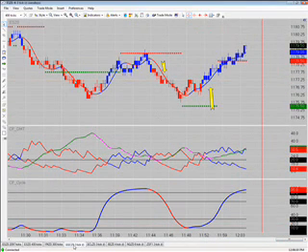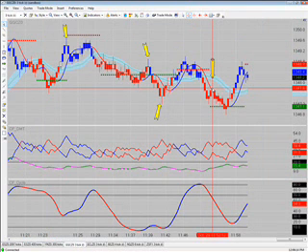That's all there is to it. It's the same thing across all the different markets. Okay. Now the markets that we're looking at right here,